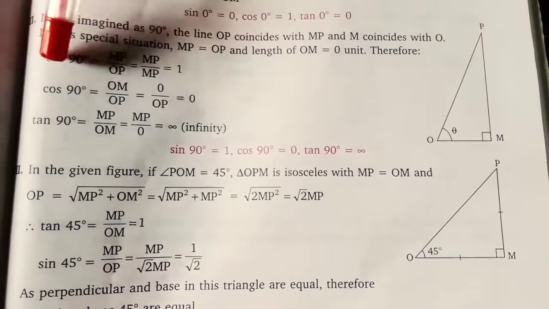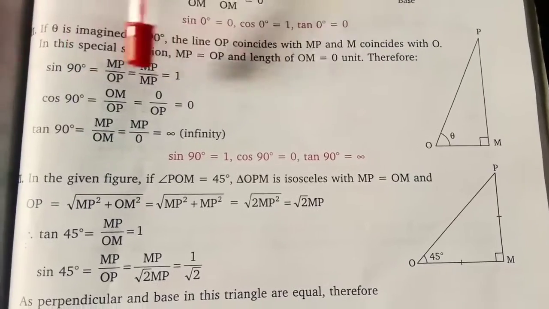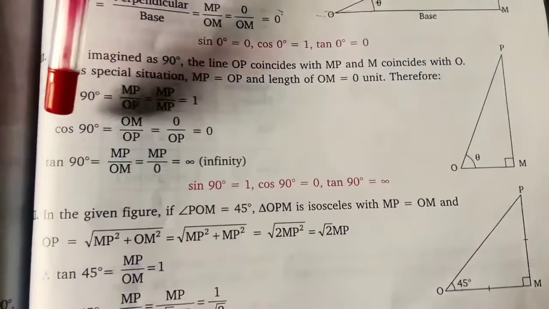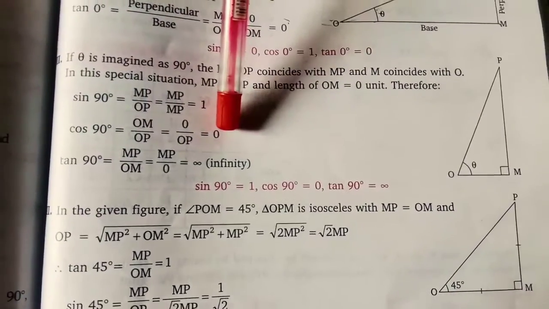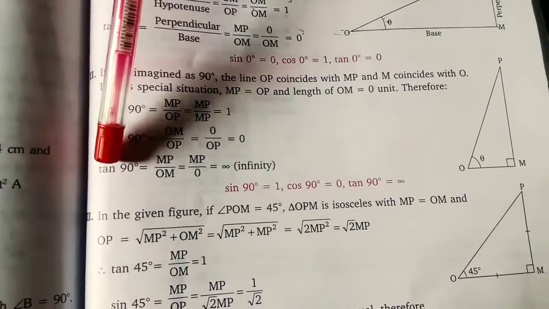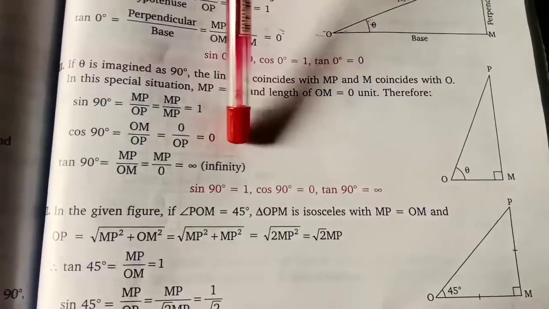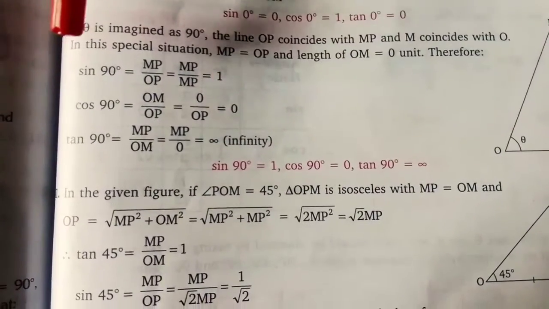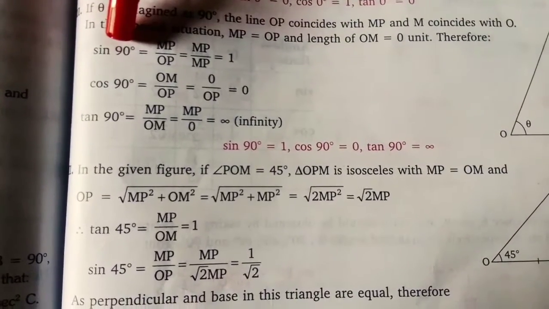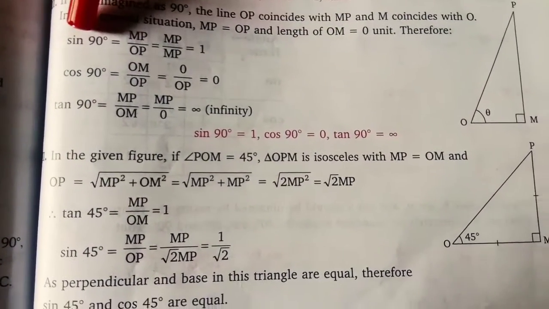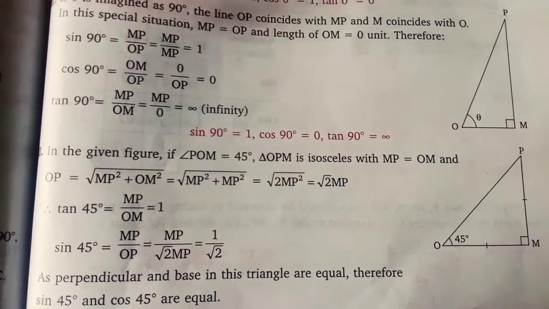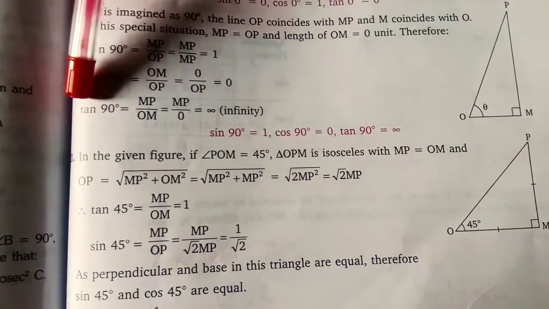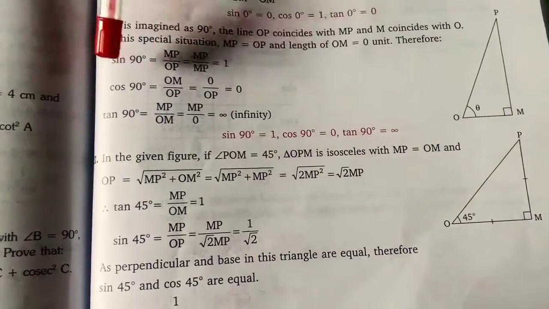If you know the sin, cos, tan, then reciprocal of sin is what? Cosec. It will become 1. Reciprocal of cos is what? Sec 90. Sec 90 will be how much? 1 by 0, not defined. Reciprocal of tan 90, that will be cot 90, that is 1 by infinity, means this will come 0. Anything by infinity is 0. Okay. This is all about how to calculate 90 degree of trigonometrical ratio. For sin 90, cos 90, tan 90, reciprocal of sin is cosec, reciprocal of cos is sec, reciprocal of tan is cot 90. In this way you can calculate.